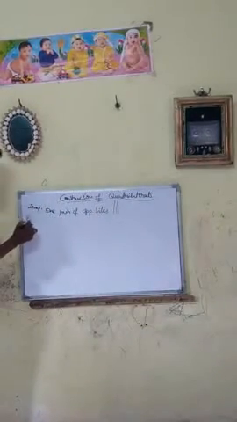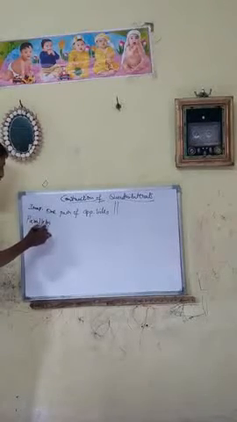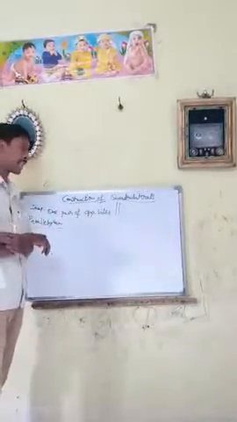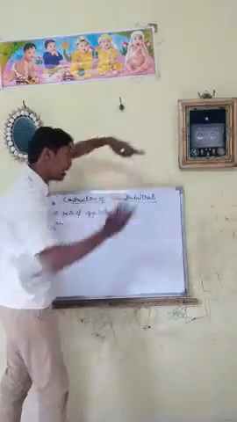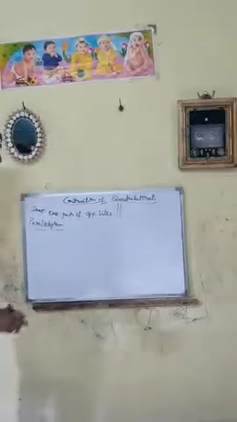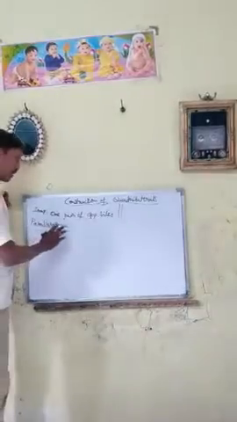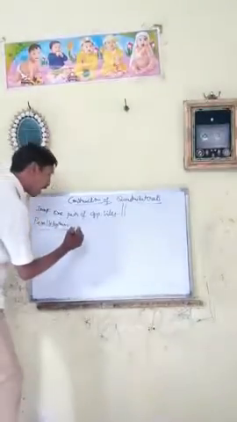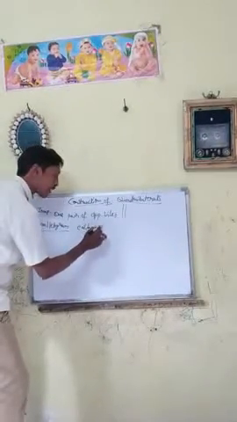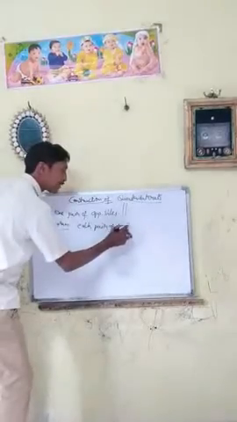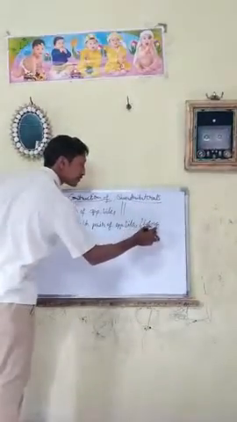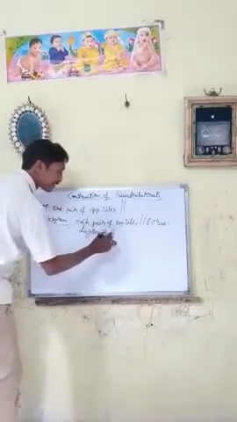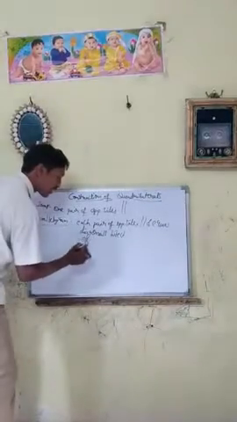Next, parallelogram. I hope all of you know about parallel. You have learned parallel lines in your previous class. Parallel means lines which do not intersect each other, like opposite edges of a board. Parallelogram. What is a parallelogram? Our definition is that each pair of opposite sides is parallel. Along with that, each pair of opposite sides is equal also. So each pair of opposite sides is parallel and equal. Diagonals bisect each other, and opposite angles are also equal.